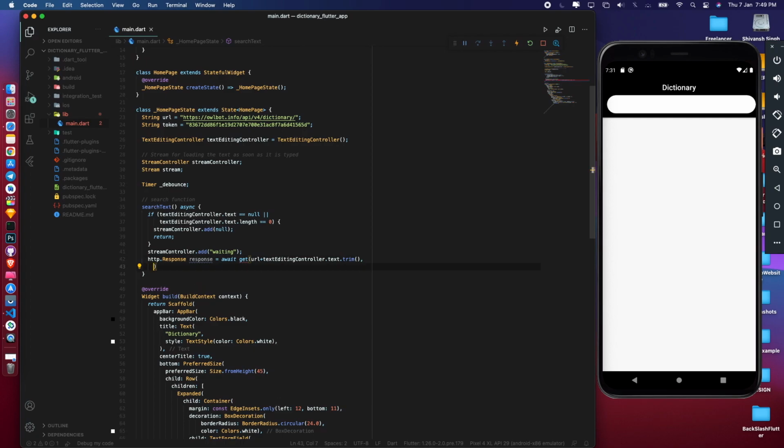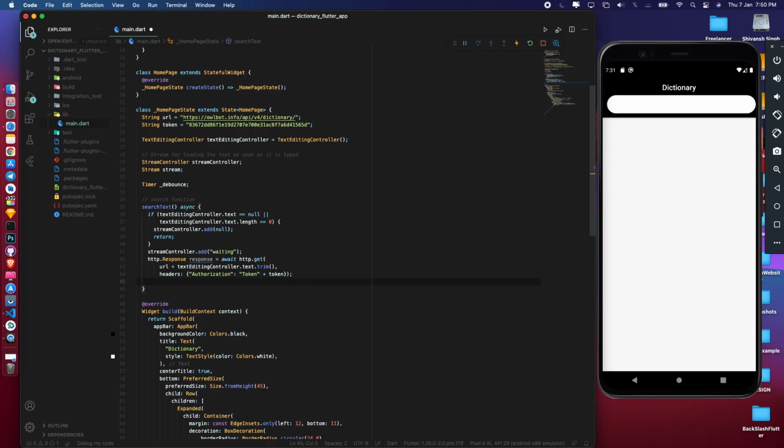Let me first write header authorization, and then I need the token plus the token variable, the token string that we created rather. Okay, the error was I called the HTTP package as HTTP, so I will have to write http.get in order to fetch my API. Okay, so this is I think okay.